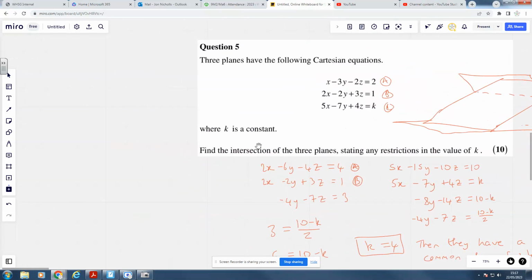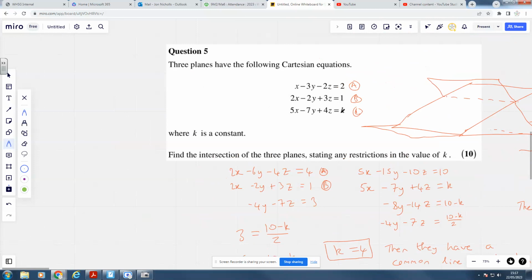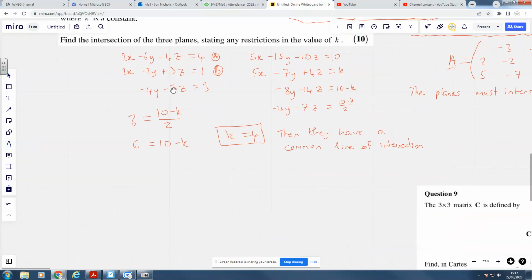Now, this is the fun bit. Now we know that k equals 4. Okay, if I want to find the line where they all intersect, this is what I do. I literally make it up as I go along. What I'm going to use, actually, because I've already done some of the hard work here, I'm going to use these equations. I'm going to use this equation here, and I'm just going to say, okay, if y equals 1,